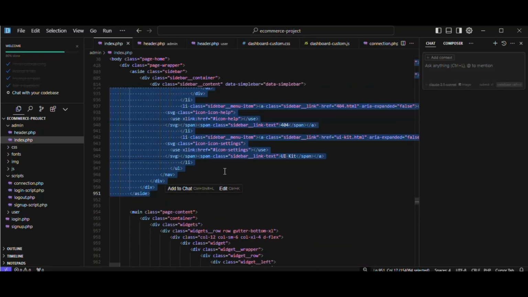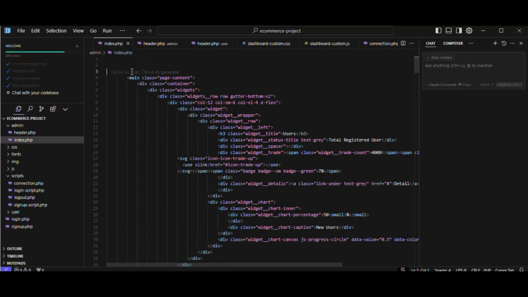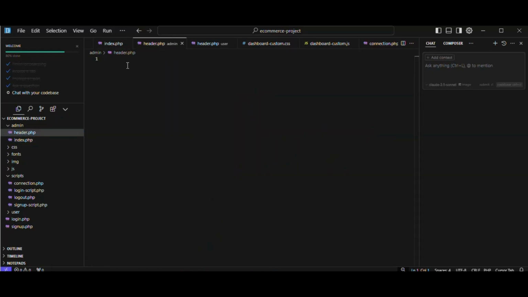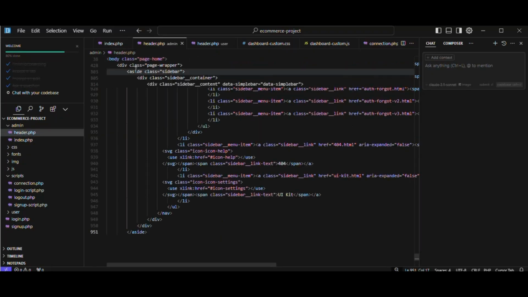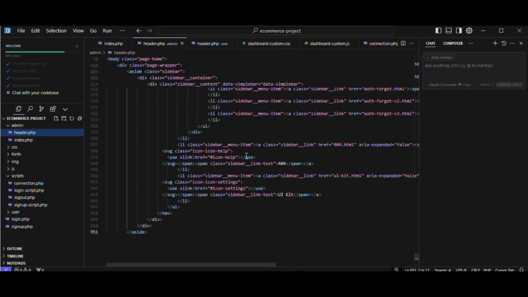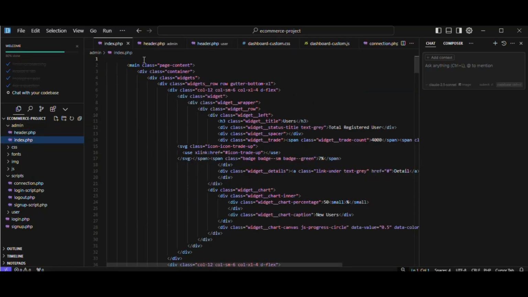Press Ctrl X on your keyboard to cut the code. Then go to the admin header.php file and paste the copied code with Ctrl V. Select the header.php file. Place the cursor at the beginning of the code and press the tab key to accept the suggestion provided by Cursor to include the header.php file of the admin in the index.php file, or you type